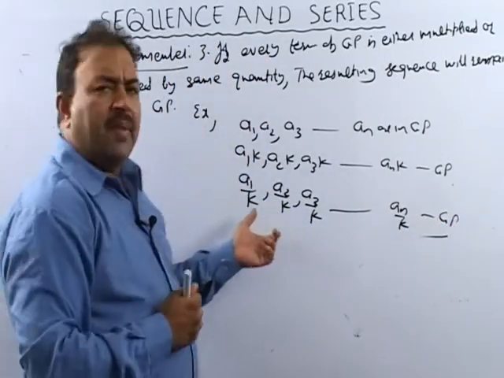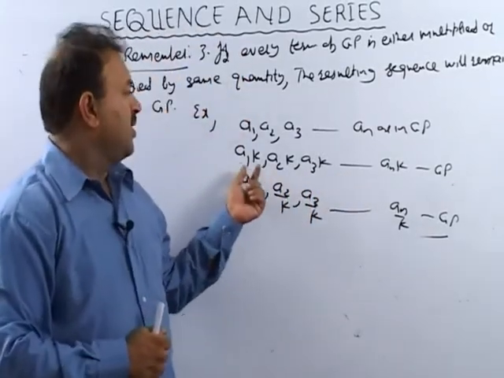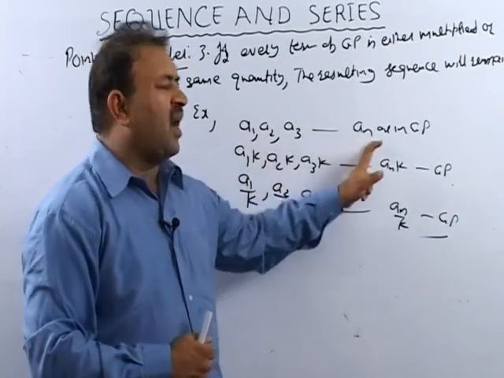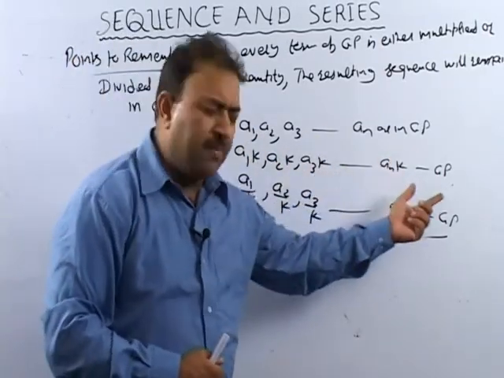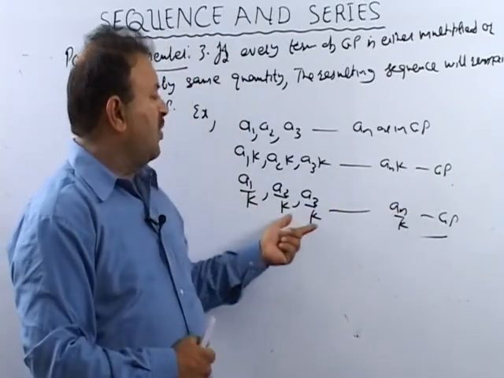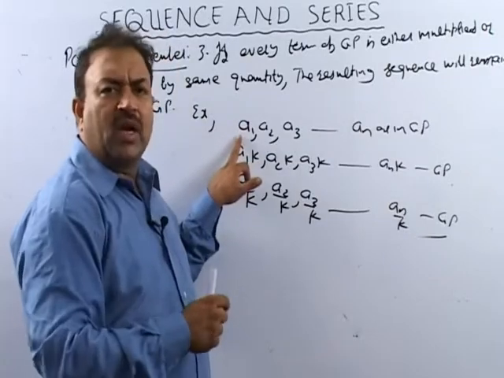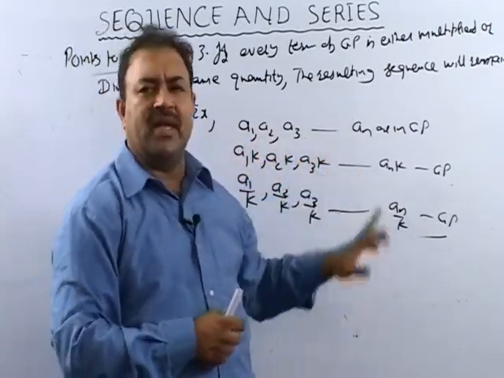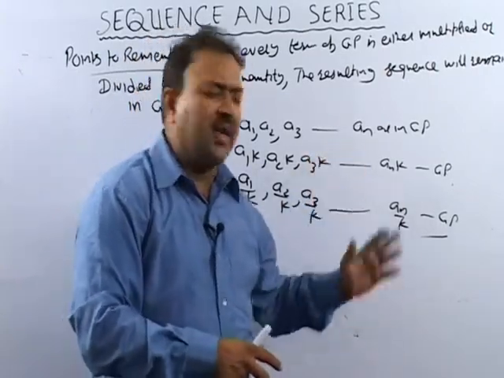Now we do remember this in arithmetic progression also. What did we do in AP? This was also possible. If A1, A2, AN are in AP, then A1 times K, A2 times K, AN times K are also in AP, A1 over K, A2 over K are also in AP. There were two more in that. We can write A1 plus minus K, A2 plus minus K, A3 plus minus K. Even then the resulting sequence will remain in an AP.